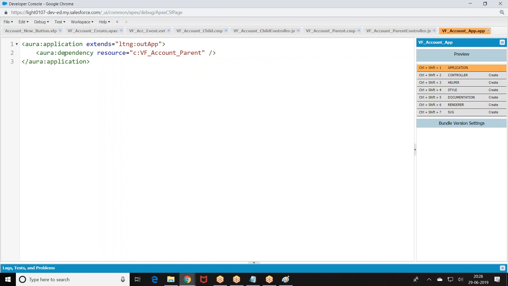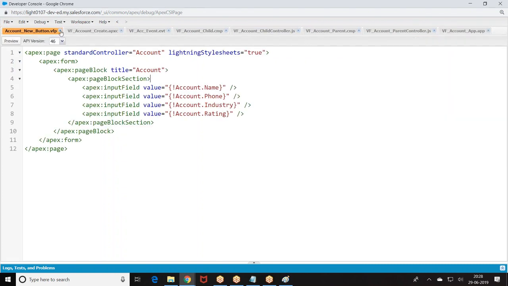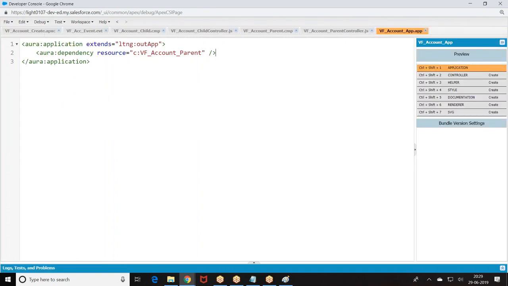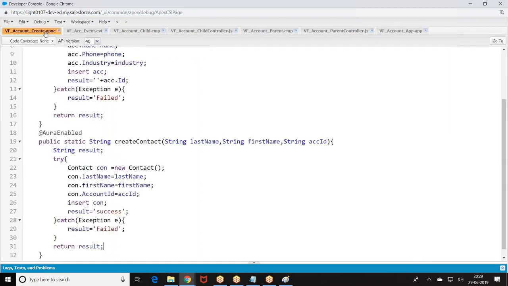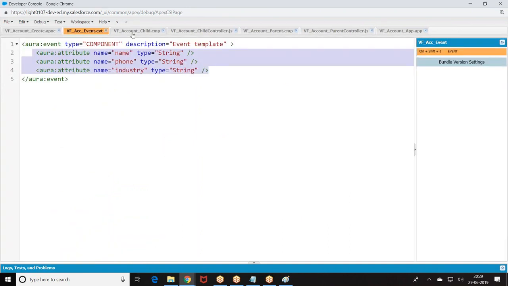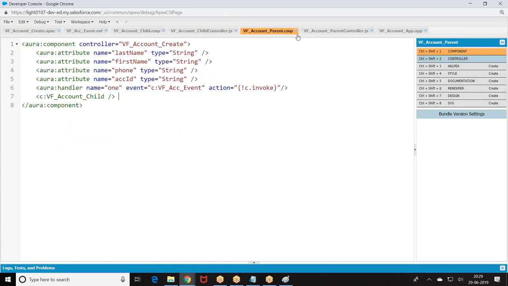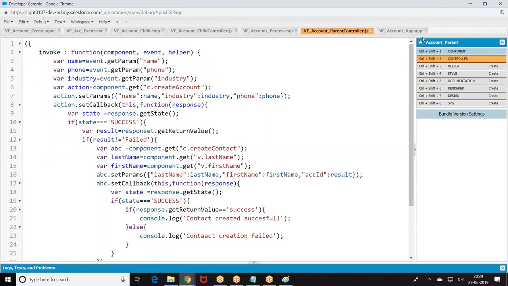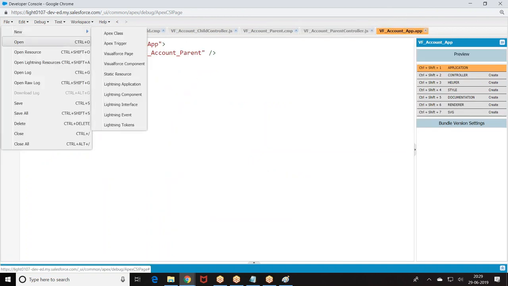Now this parent component should be called from VF. Are you getting my point here? Right? So go to the VF page.